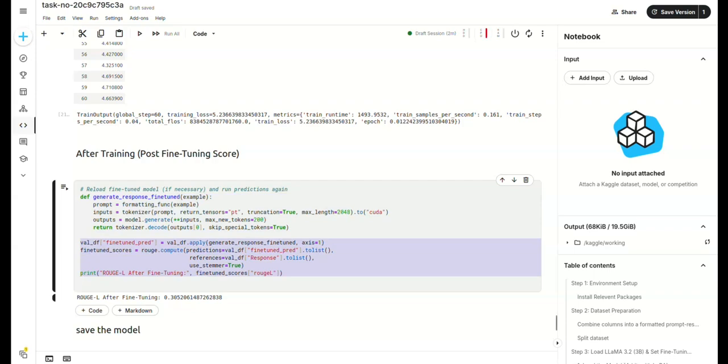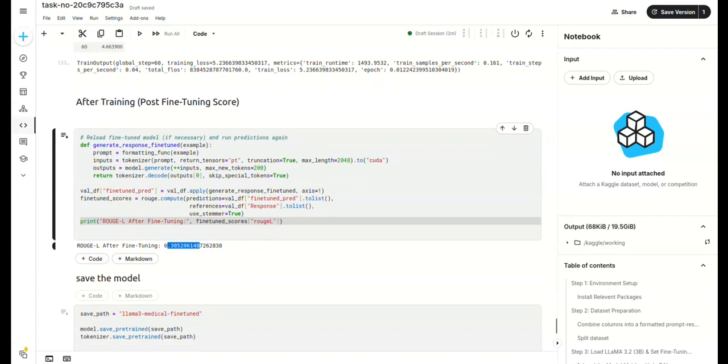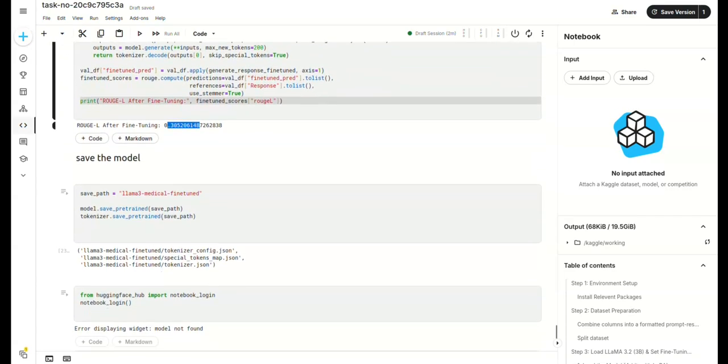Finally, we compute the ROUGE score to evaluate the quality of the model's response after training. In this case, the ROUGE score is approximately 0.305, which is slightly lower than the baseline. This suggests that while the model has been fine-tuned, the performance gain is minimal, possibly due to limited training steps or dataset size. This insight guides future iterations.